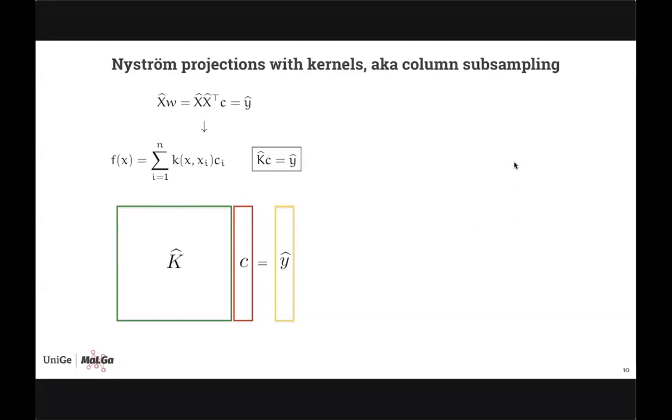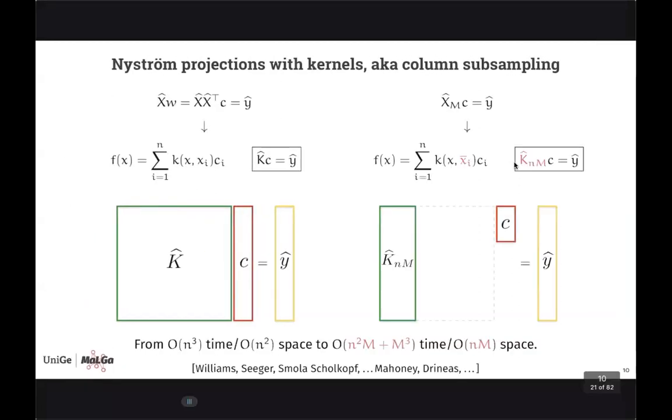So if now you just, again, do the dictionary and translate the Nyström projection setting into this setting, what you have is that the first line is, again, what I described at the beginning. Remember that x hat m is the data matrix now projected on m points of the training set. So this is the data matrix projected